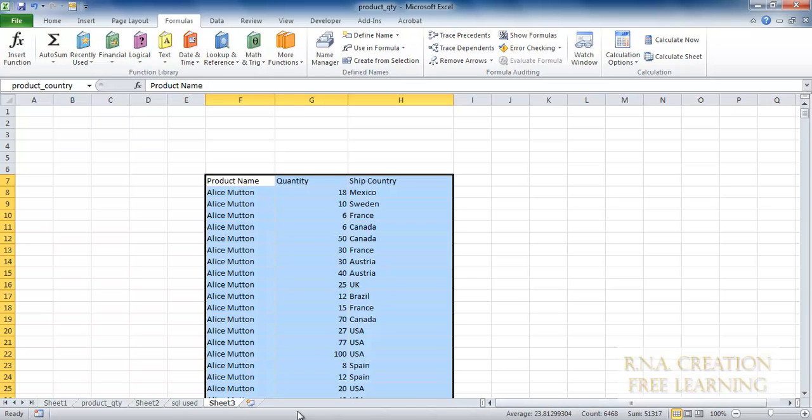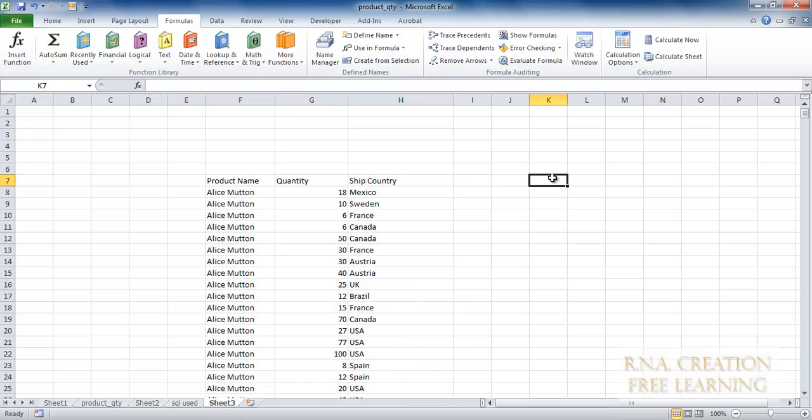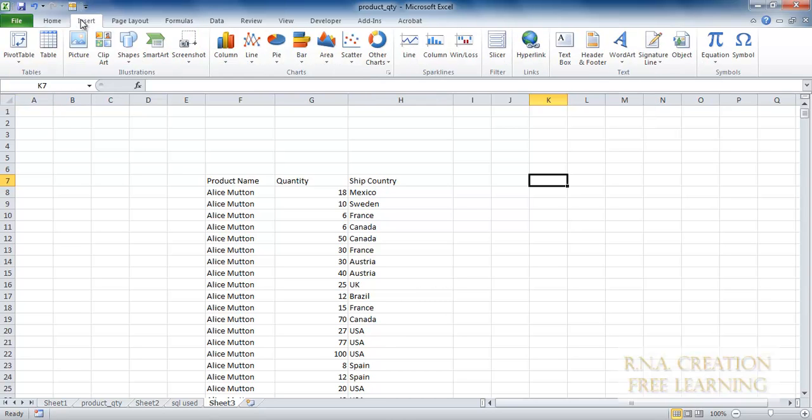How do I create a pivot table from here? I put the cursor here, and now I've selected this cell. Now Insert, PivotTable.